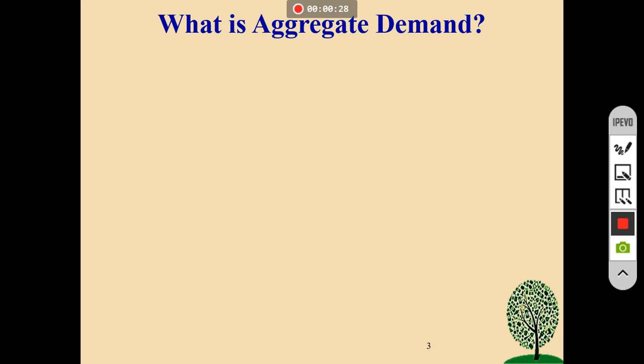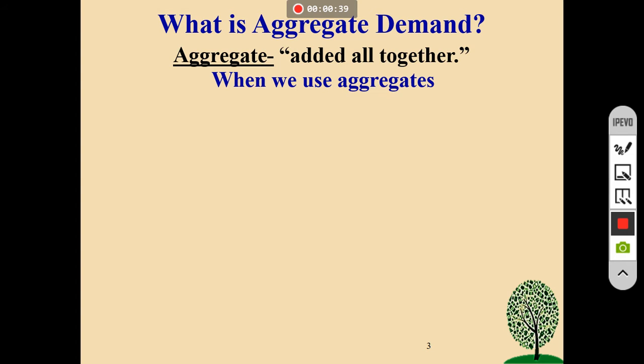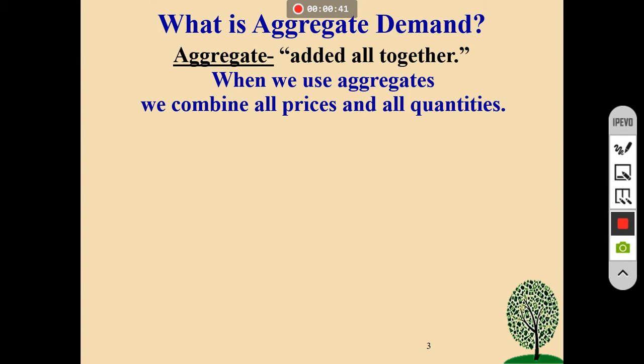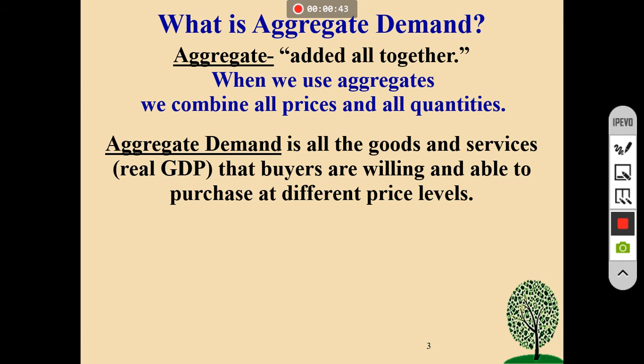So what is aggregate demand? Anytime you see the word aggregate, basically it means add it all together. So if we're aggregating things, it's the total, everything together, right? So when we use aggregates, we combine all the prices and all the quantities, which leads us to aggregate demand. Aggregate demand is all the goods and services that a buyer is willing and able to purchase at different price